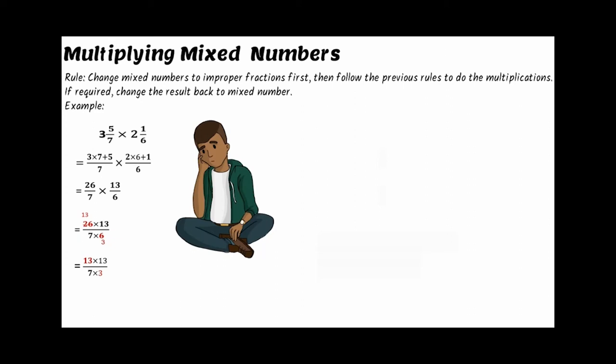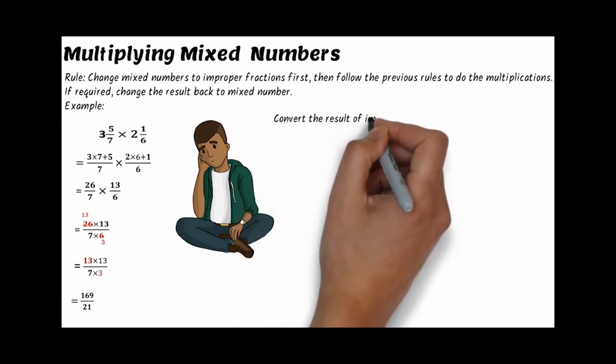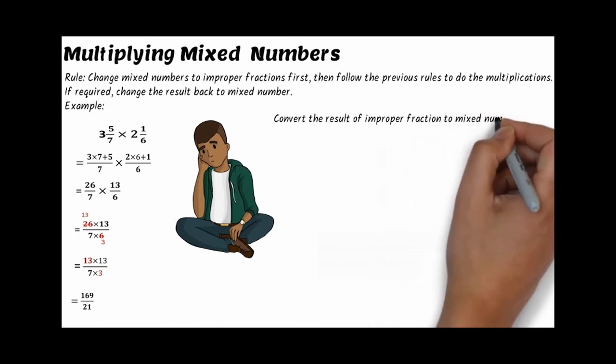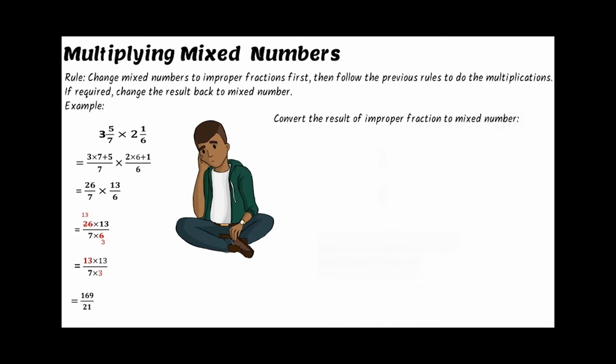So now we can evaluate this expression again, and that gives us 13 times 13 is 169. And 7 times 3 is 21. So that equals 169 over 21. So here we have a resulting fraction, but this fraction is in an improper form. So we're going to convert this improper fraction into a mixed number, and that mixed number will be our final answer. In our next step to convert the improper fraction into a mixed number, what we're going to do,